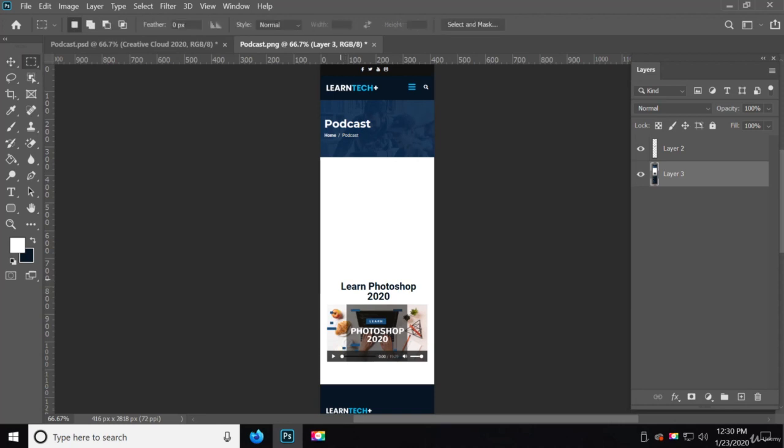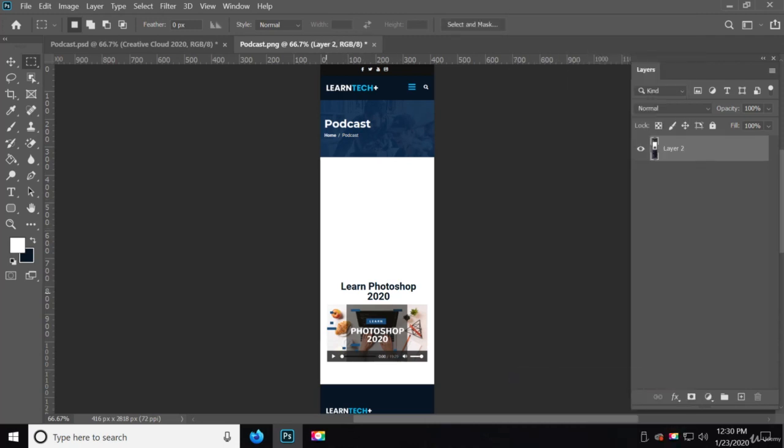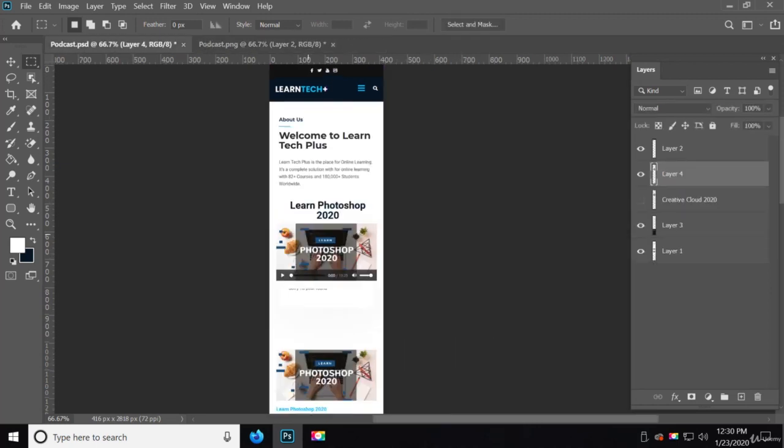I'm going to use the marquee tool again, and I'm going to highlight everything, hit Control C, Control X. And again, I did the wrong thing, but I did it on purpose to show you that what you need to do is you need to merge the layers. Okay. So now I'm going to use the marquee tool to grab the content, Control C, Control X. We'll bring it into the podcast.psd, and then we're going to label this Photoshop